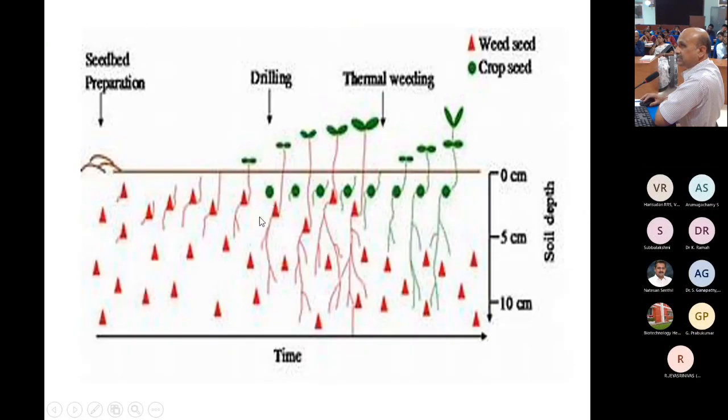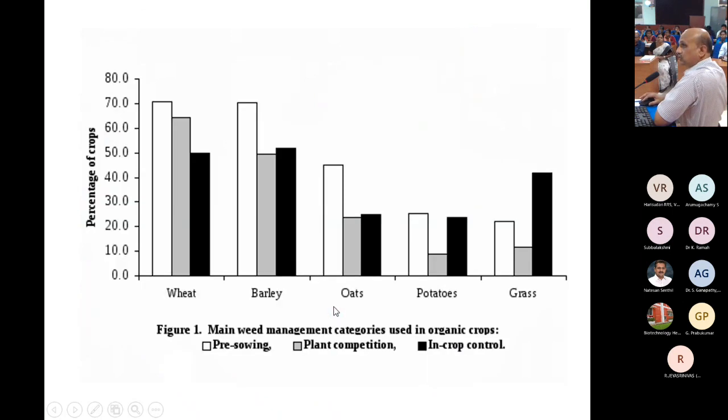Here you can see the germinating weeds, and some seeds are going to be protected. They are called depth protected weeds. Here this is most important. Most of the weeds cannot be controlled if they are at a deeper depth. In this condition, we have to go for deep plowing also. And here, as I mentioned, pre-sowing, that is, stale seed bed preparation is better, wherein we can control major weeds.